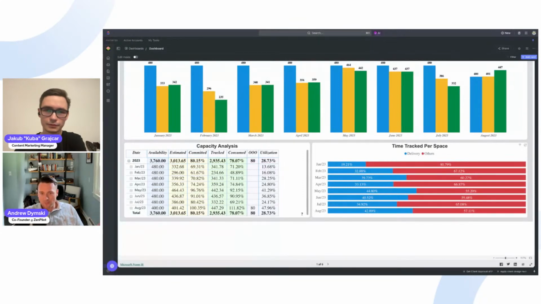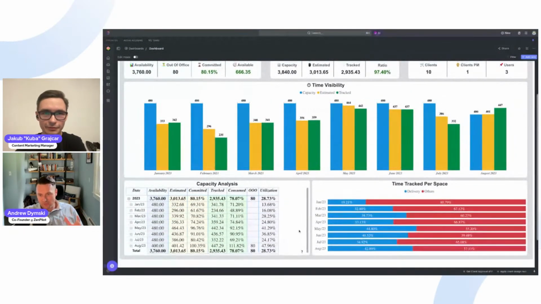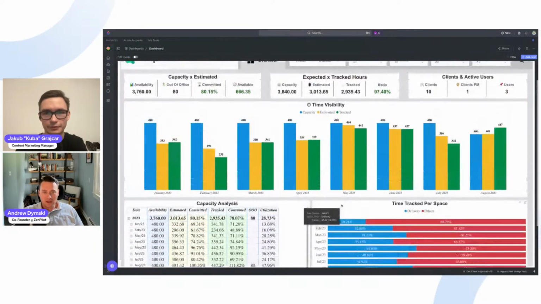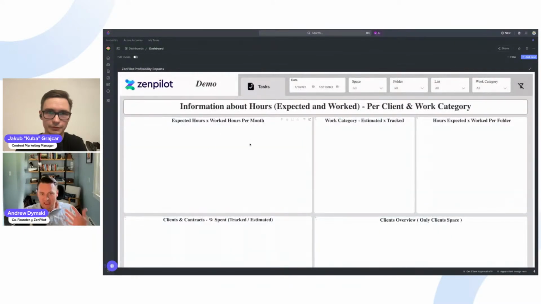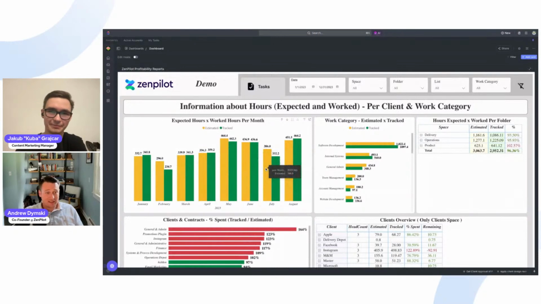So all of the lens through which we analyze the performance of a team is going to be through that time lens. So where is time going inside of the organization? So at a high level, we want to know that utilization, and then seeing that visualized here, what percentage is in that delivery area versus that growth or that operations area right there. So that's the overview. It just gives you kind of a jumping point at the beginning. We can then jump into tasks and get more information on the tasks that live inside of each of those containers there. The things I want to shout out here are on the left-hand side, we've got that expected versus working. So this is kind of like an estimated versus actual